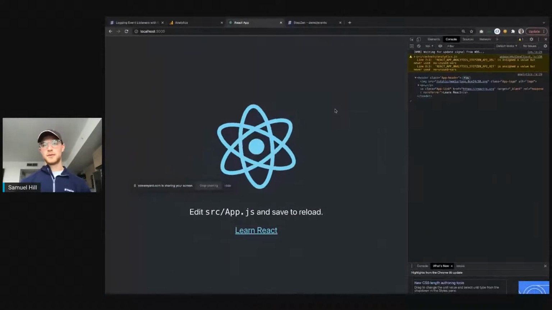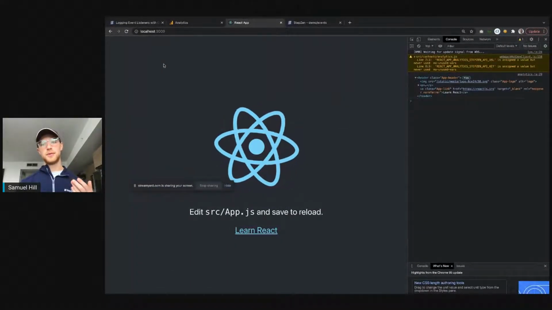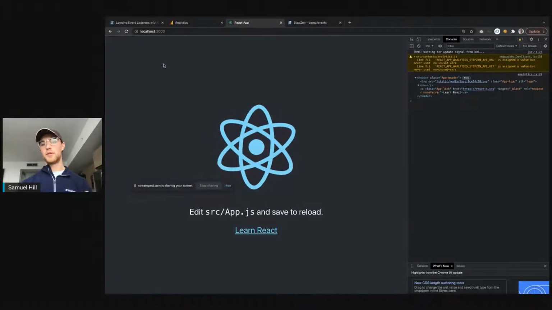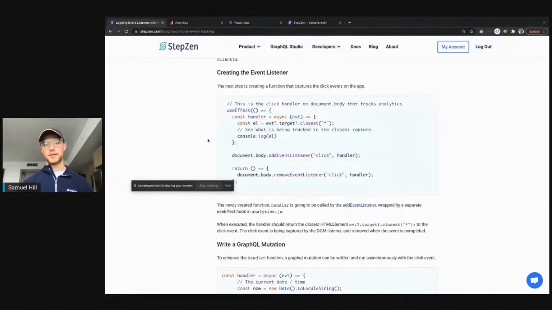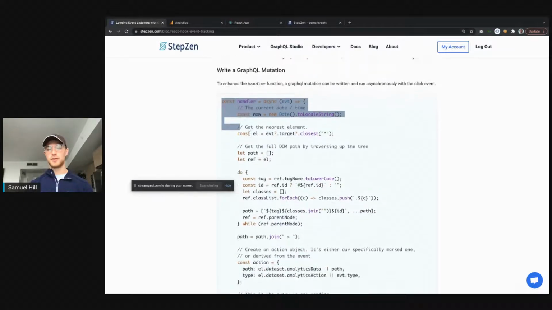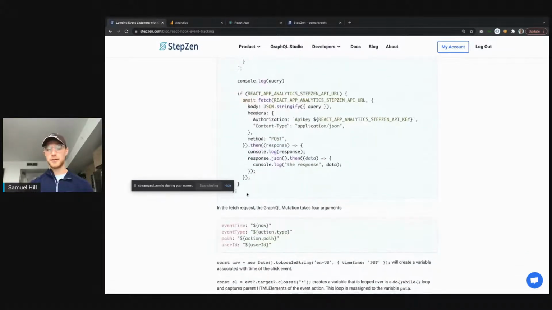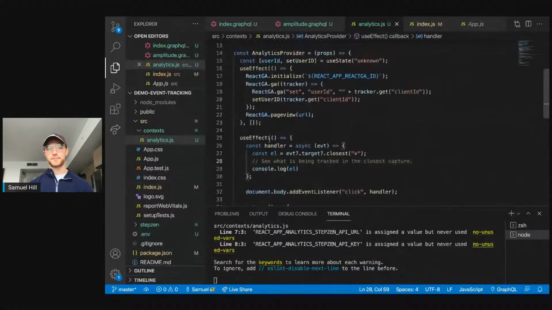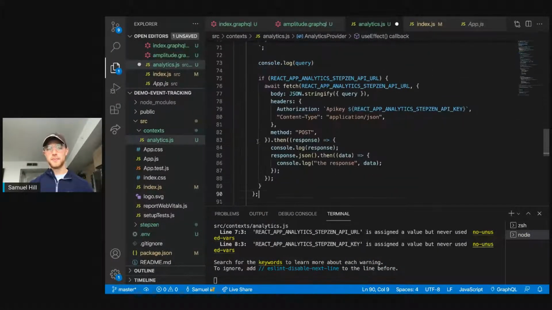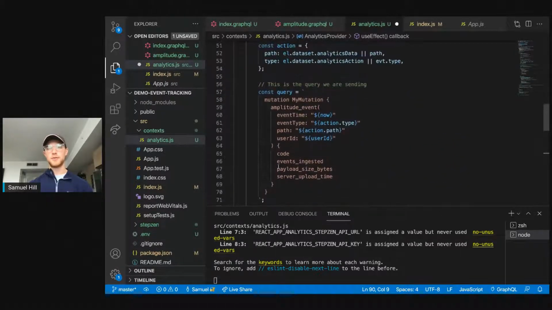So now that we have that tracking, the next thing is to capture what we want from this HTML element and be able to log it over in our click events. So if you continue to go down, write a GraphQL mutation, right? So I added a lot of other stuff in here of just being able to capture variables that we're going to be passing in, but I'm going to grab this function, and it's just called the handler function, and it gets a lot bigger there as we can see, but I'll talk through it. So lines 26 through 30 are now going to become much larger. But what we're going to be able to do here